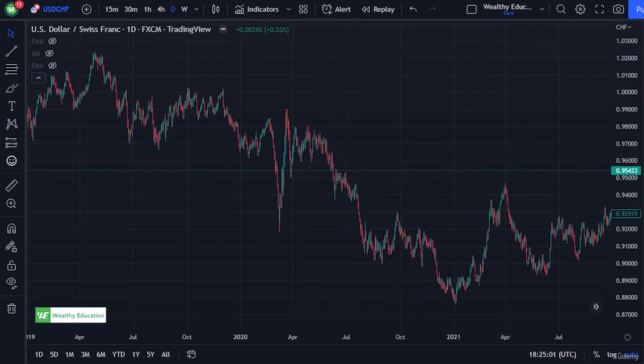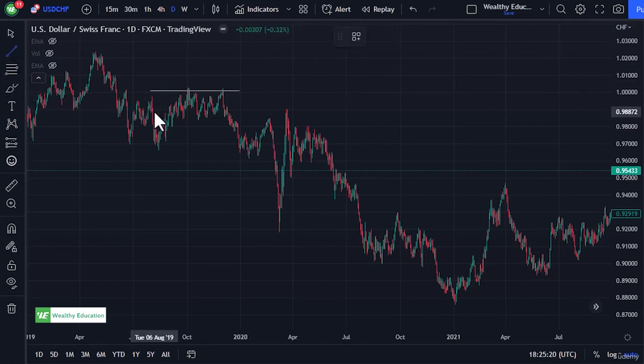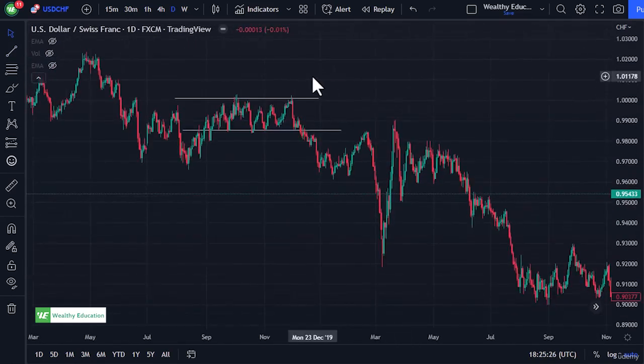So let's take a look at a couple of examples. Here in the dollar Swiss, you can see that there is an area of resistance right here at basically parity. And then there's a level of support right here at 98.50. And keep in mind, this is a daily chart. So that's quite some time. That's several weeks. And then we broke down. You break through the bottom of it, you're expecting at least the height of the rectangle,